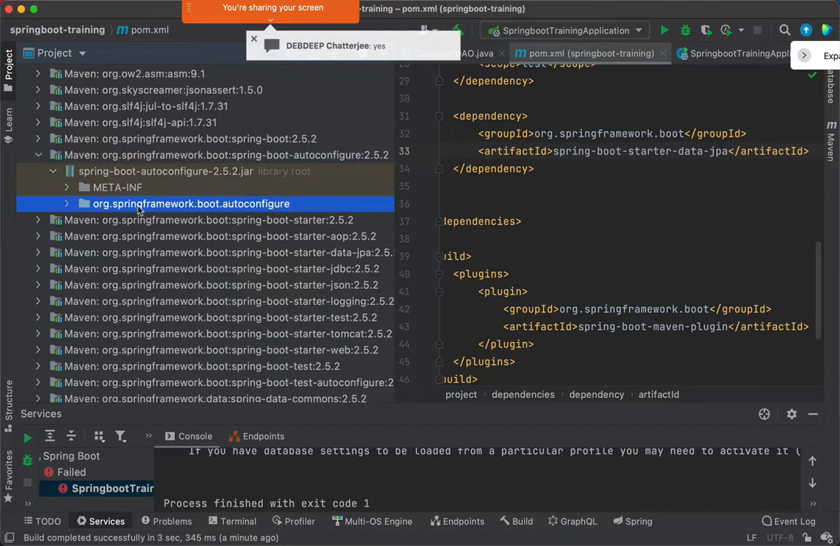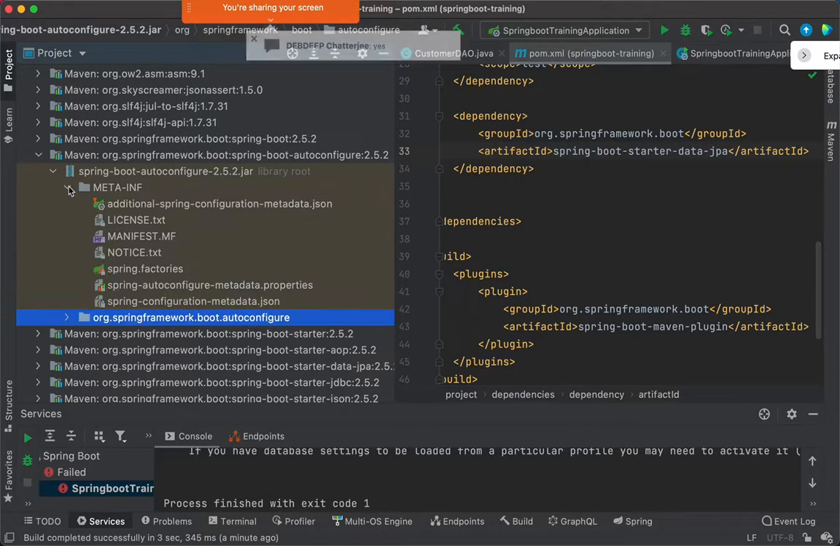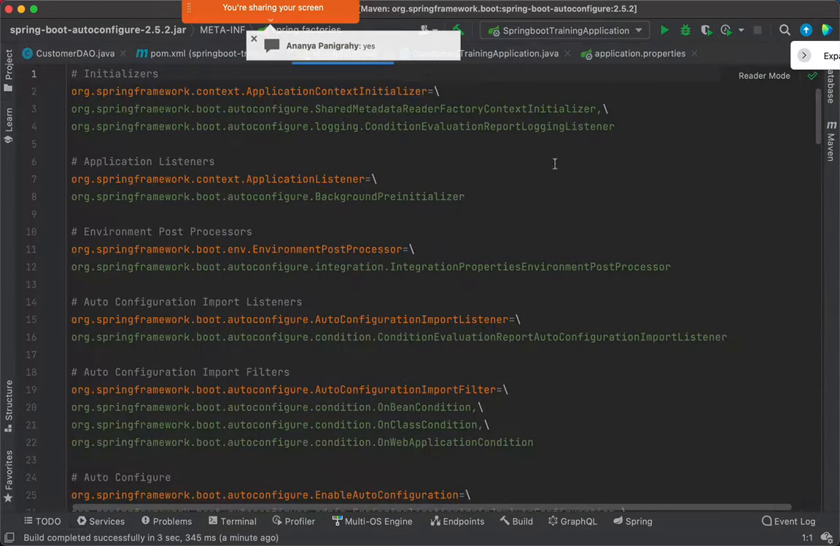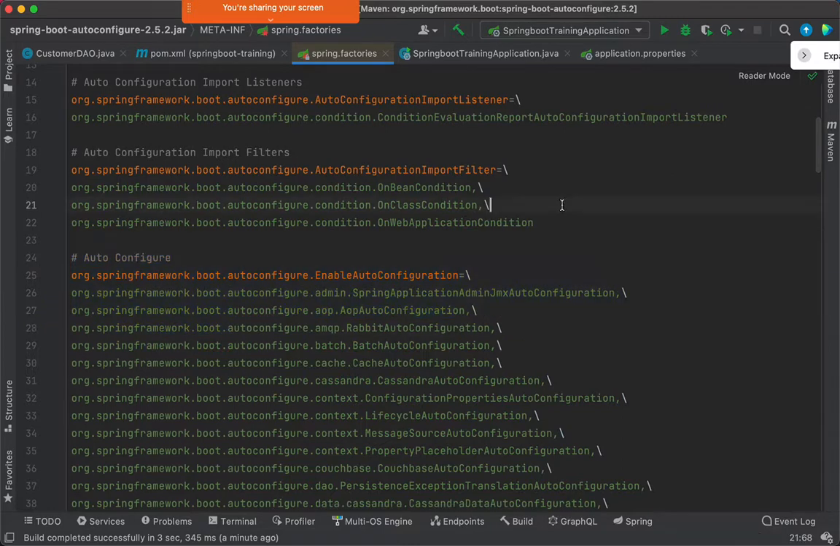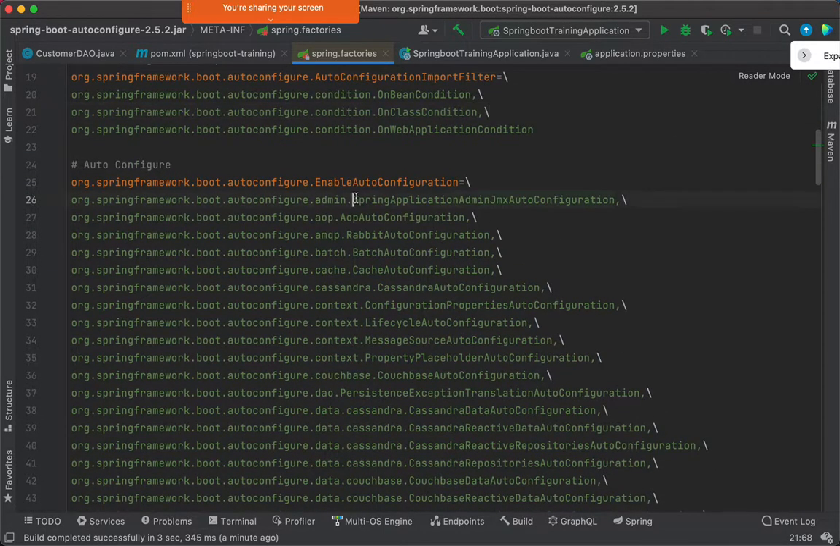Within the auto configure, I expand meta-inf, and within that, do you see there is something called spring.factories. Hello friends, all with me? I double click on the spring.factories and you see this. They have configured the auto configuration classes over here. You can see it starts from here, auto configure. So these are the classes that it includes for auto configuration, out of which you will certainly